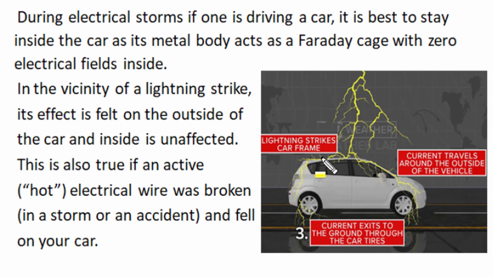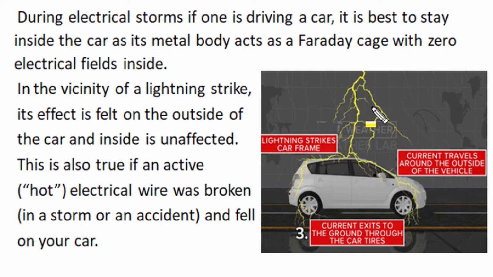A similar electrostatic shielding effect is provided by automobiles having a closed metallic body. During an electric storm, if one is driving a car, then it is entirely safe inside the car as the metal body of the car acts as a Faraday cage, and when an external electric storm falls on the car body, it may create charges on the outer surface. Some charge will leak through conductive tires to ground. Potential may arise in this metal body, but internally an effective shield is provided by this Faraday cage and there won't be any internal electric field, and people inside the car remain unaffected by the electric storm falling on the car body.